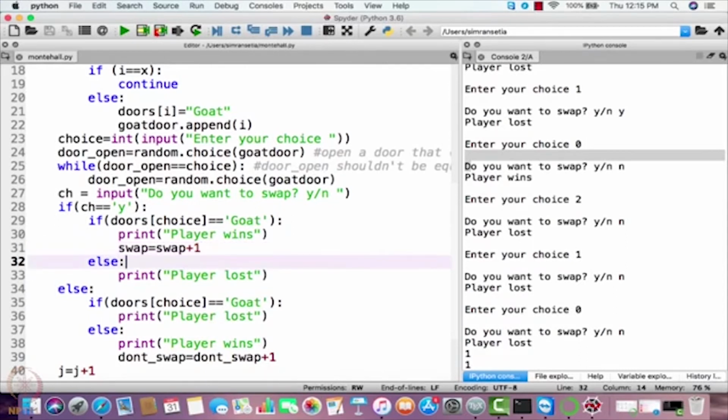So we'll increment number of swap wins, else he'll lose the game. After that, if he doesn't choose to swap and he has chosen goat in his initial choice, then he's bound to lose the game. Else, if he has chosen BMW and he is not interested to swap, that means he's going to win the game. In this particular case, number of don't swap wins will be